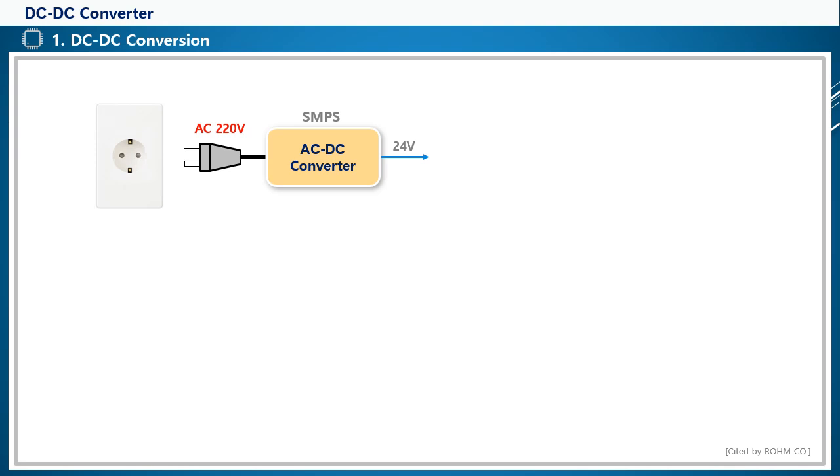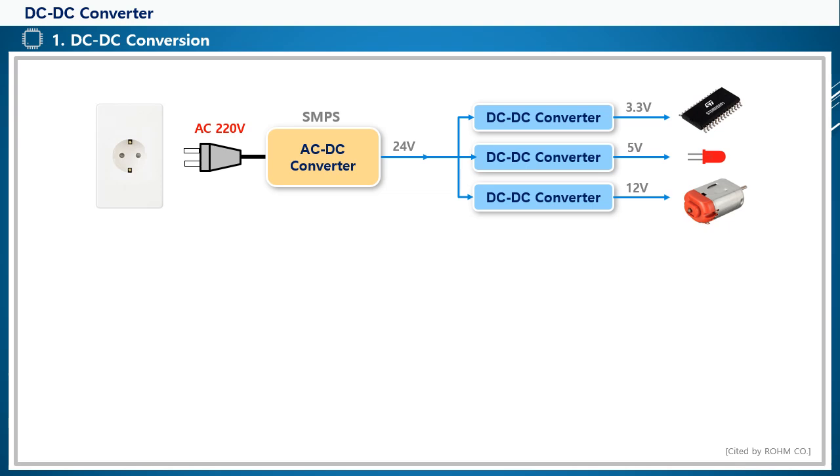For SMPS, which converts AC 100 to 220 volts from an AC outlet to DC in an AC-DC converter, usually only one DC voltage is obtained. However, since electronic products require various DC voltages for microcomputers, LED lights, motors, etc., a DC-DC converter that converts the SMPS output voltage, 24 volts, into various voltages of 3.3, 5, and 12 volts is required to create each DC